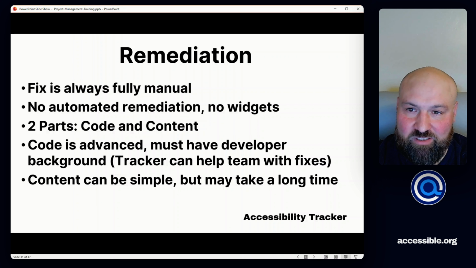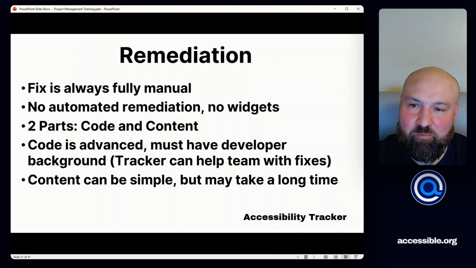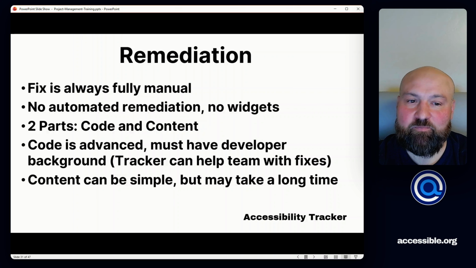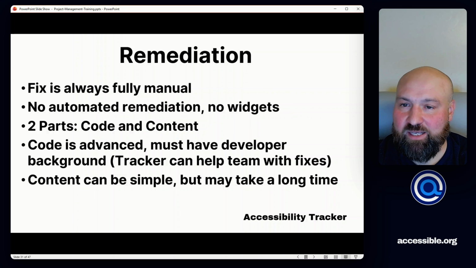So there are two parts to remediation. Again, they are code and content. The code is more advanced. Here, you will need someone with a development background to make the fix. Now, just because someone is an excellent developer, it doesn't mean that they are knowledgeable in accessibility. This is where the Accessibility Tracker platform can come into play because it has AI tools to help your team with fixes as